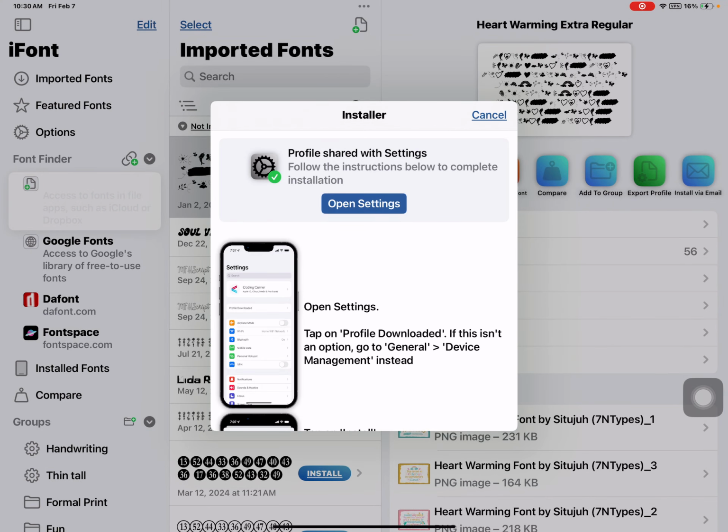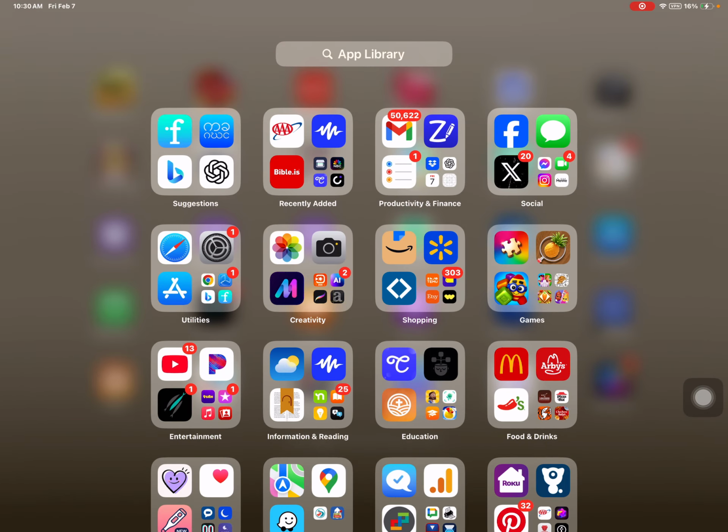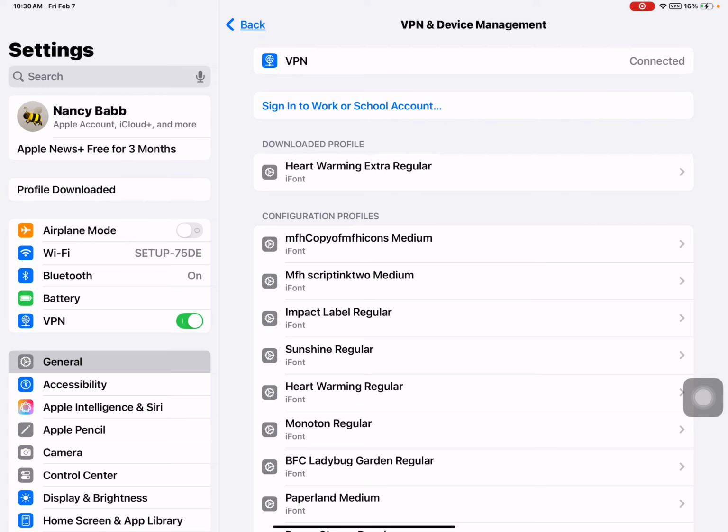Now, at this point, I just hit cancel. Now I go to the settings, the iPad settings, and see there it now says profile downloaded right under the Apple News Plus free months. Profile downloaded. Click on that